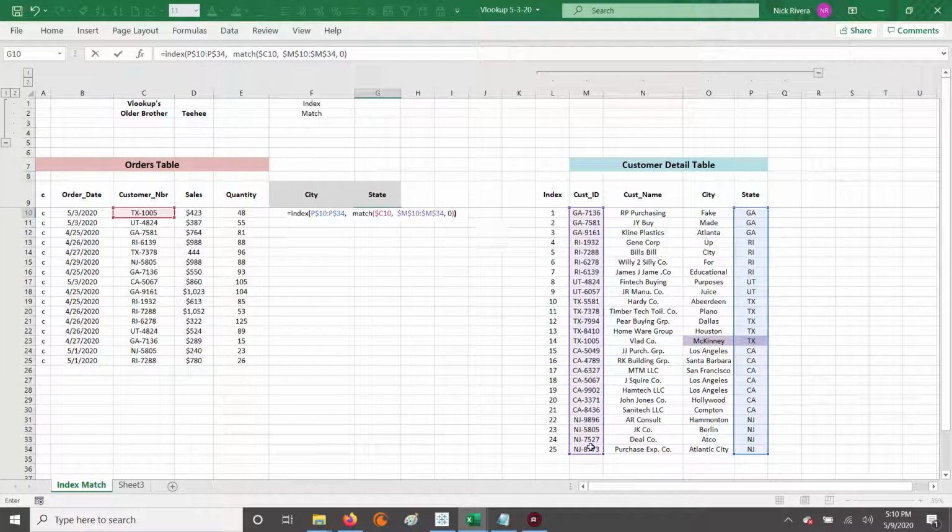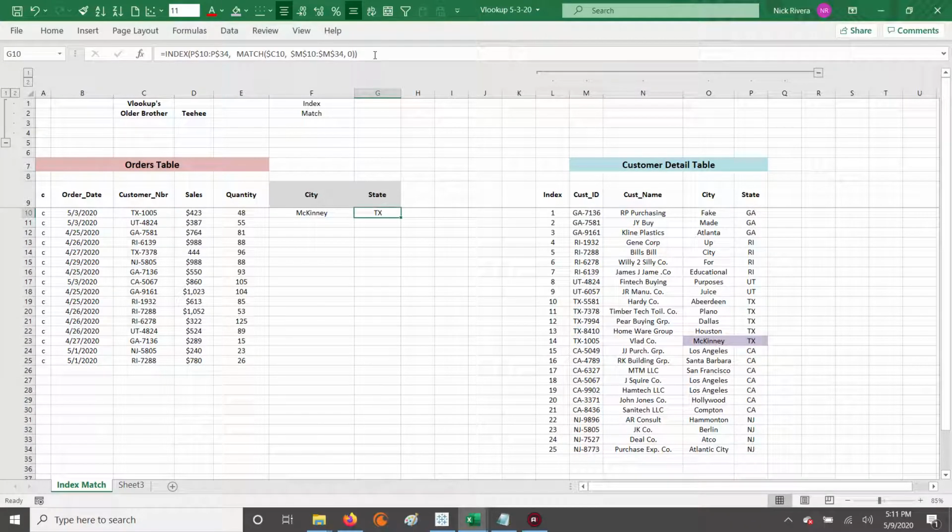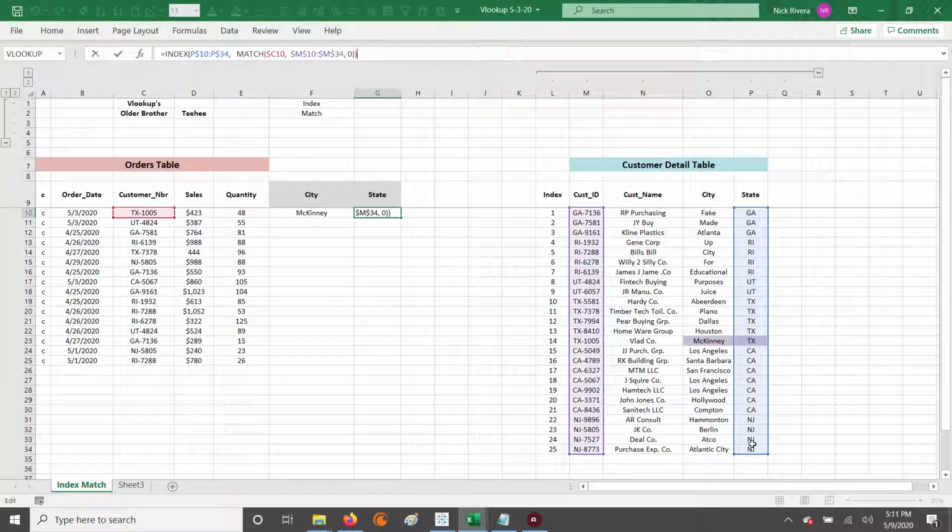So what we're doing here is we're saying, one more time, look up the value. I want the value, the state, that's in this array. What's the index number in this array that you want? Well, we know the index number is going to be the same as the matching value in this array, right? So to get this array, I want you to look up this value, C10 for this customer number, and I want it in this array. Notice how the arrays for both match exactly. That's what you need. If you don't have that exact matching array dimension, then it's not going to work properly,